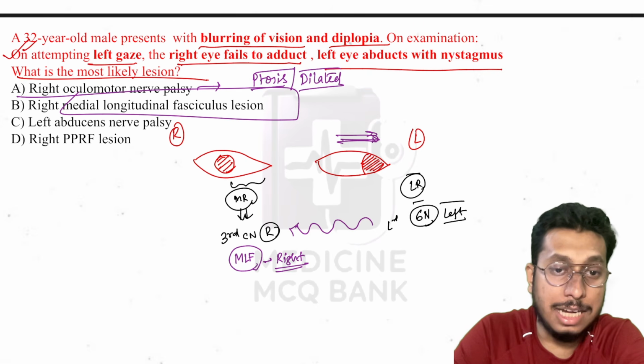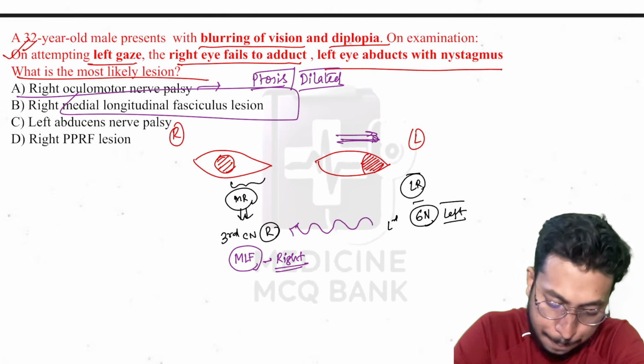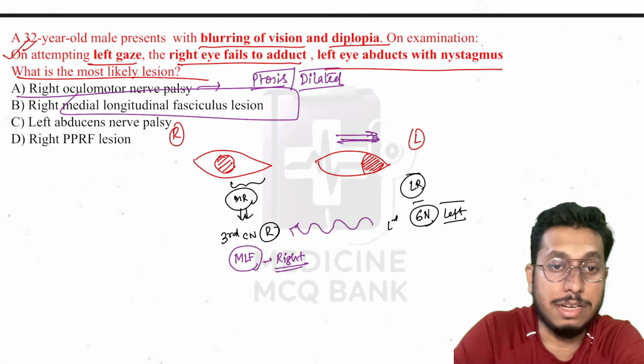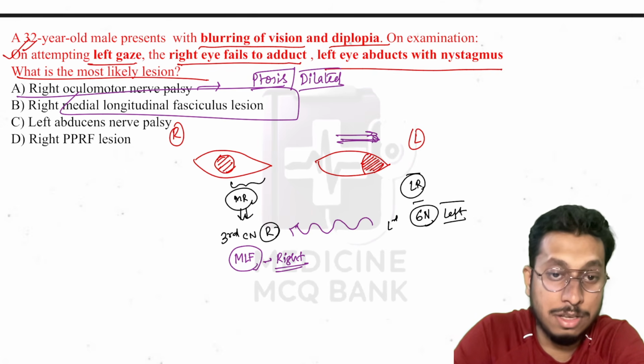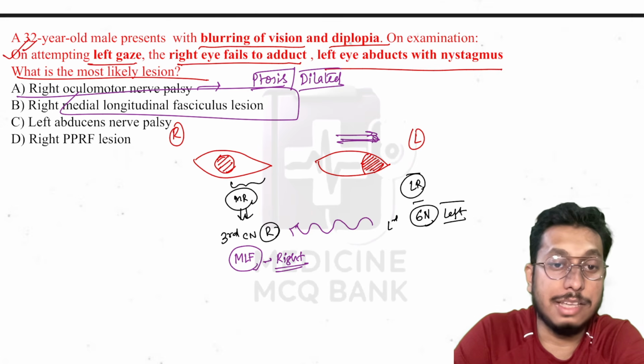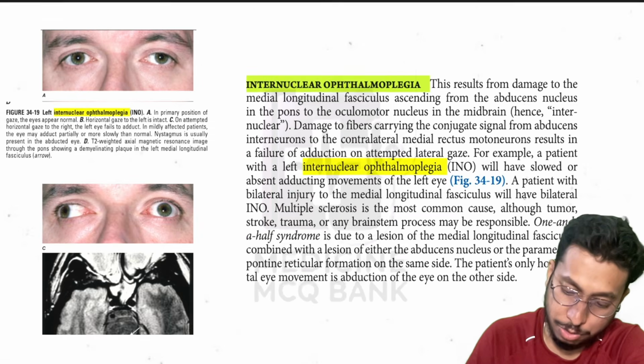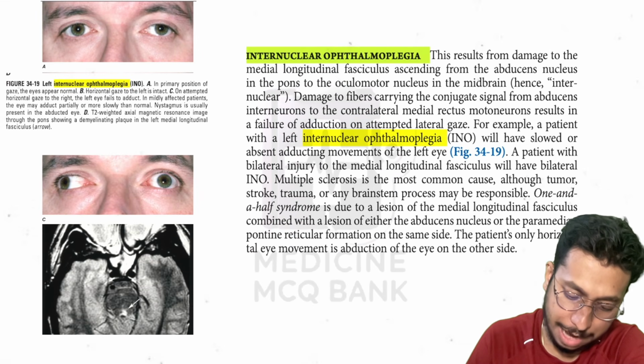Okay. Right PPRF lesion. So what does PPRF, parapontine reticular formation, result in? It results in horizontal gaze palsy. So both eyes will not look to one side in case of a PPRF lesion. Okay. Now, as you can see from this Harrison diagram itself,